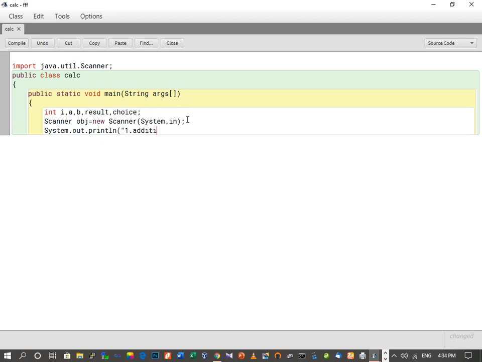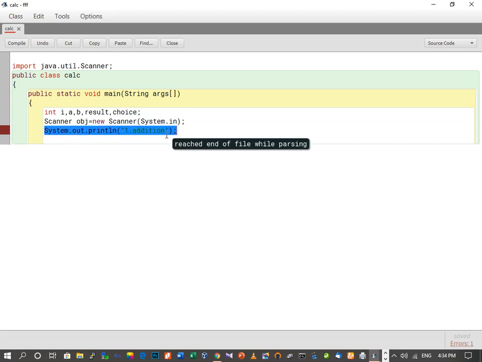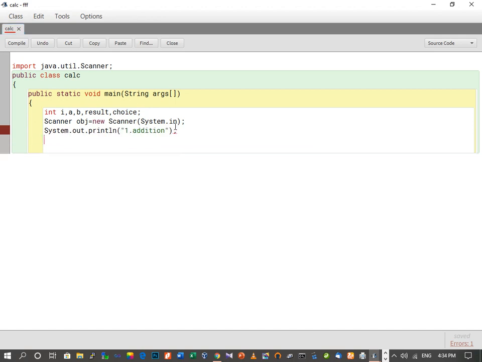Addition. Now what does this say? It means if the user chooses 1, then he will be allowed to add 2 numbers. The same thing we can do: we will copy this statement and paste it for multiplication, division and subtraction.